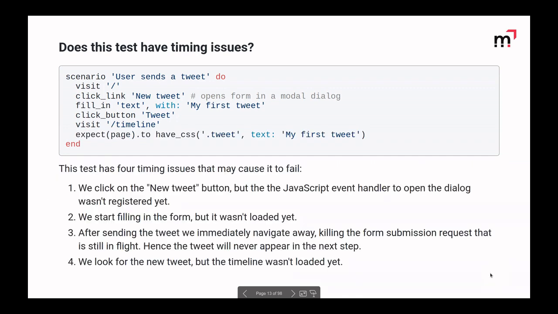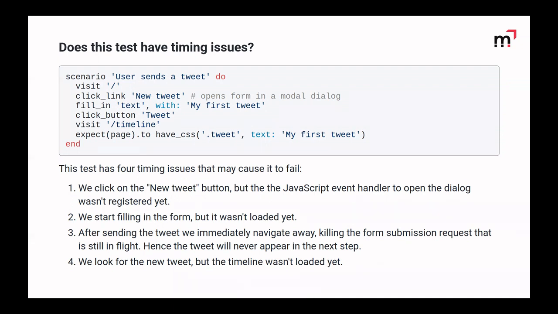It actually has a lot of potential timing issues that may cause it to fail. For instance, it can happen that we click on the new tweet button, but the JavaScript event handler to open the dialog wasn't registered yet. So the button is essentially dead, doesn't do anything, and then the next steps fail. Or we start filling in the form, but the form wasn't even loaded on the screen yet. Or after clicking the tweet button, we immediately navigate away from the current screen.